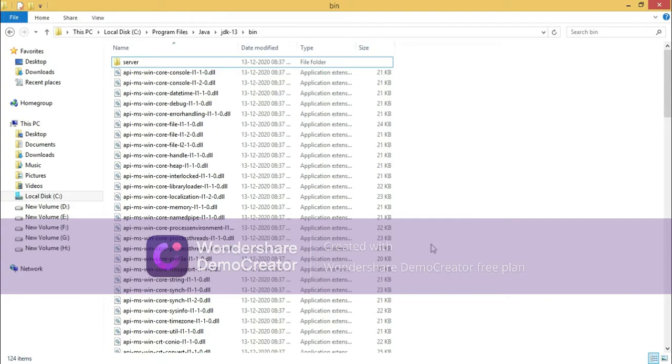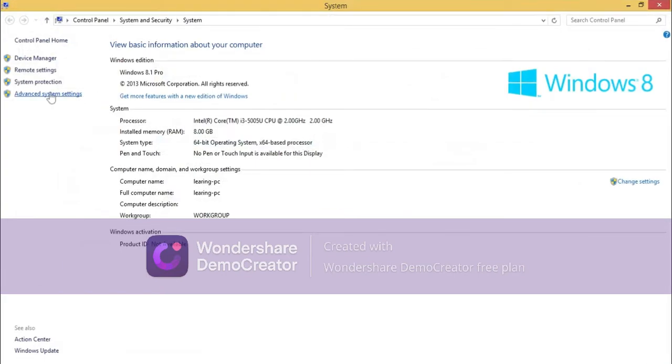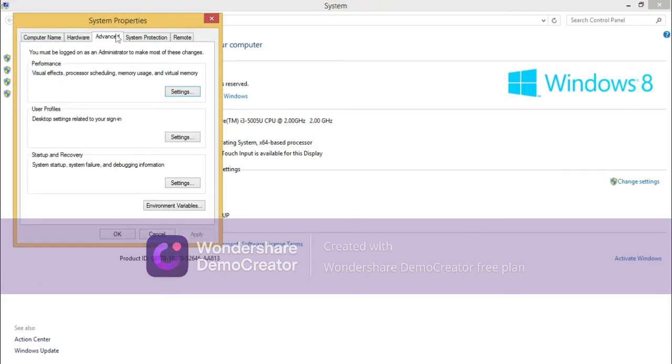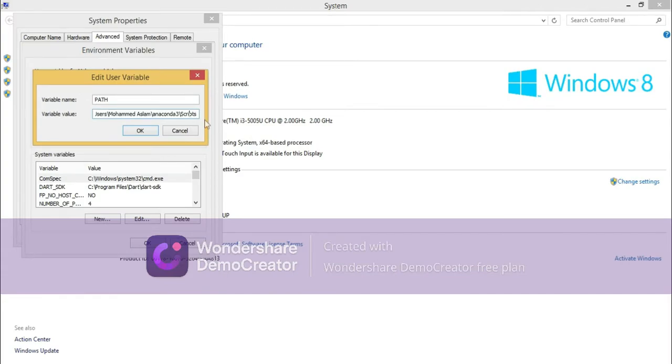So just copy this location and then go to My PC, This PC, then right click in the space and click on properties, and then click on advanced system settings and click on environment variables. In the path, there is already some values here. If you have some values there, then just enter semicolon and then paste the JDK bin path.